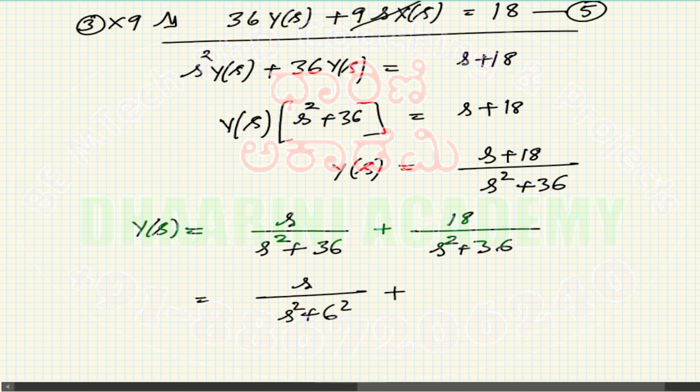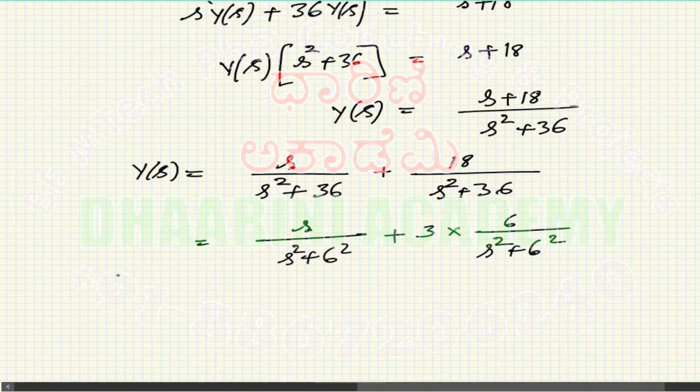First term is fine. Second term, what do you need in the numerator? Not 36, you need a. So a by a square plus a square, that is 6. Can you take out 6 from 18? Yes, possible, 3 remains. So 3 into 6 divided by s square plus 6 square. It's done. Now you take the inverse. This is Y of s, so applying L inverse,